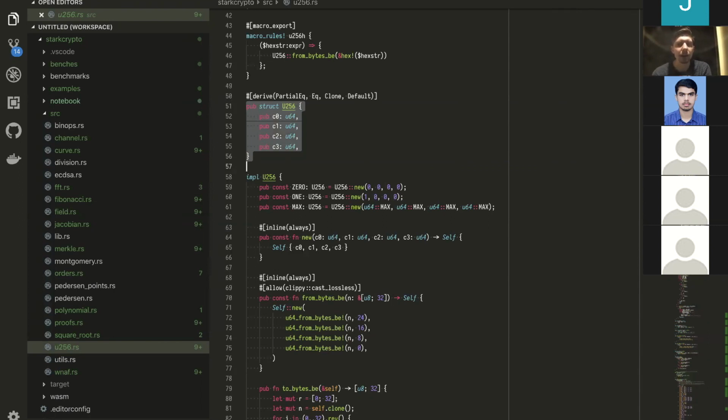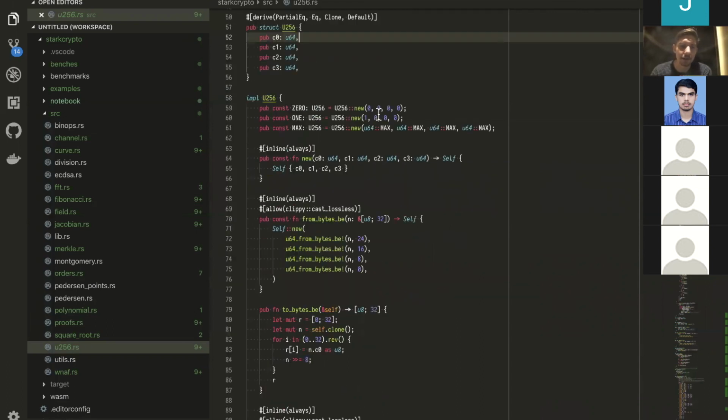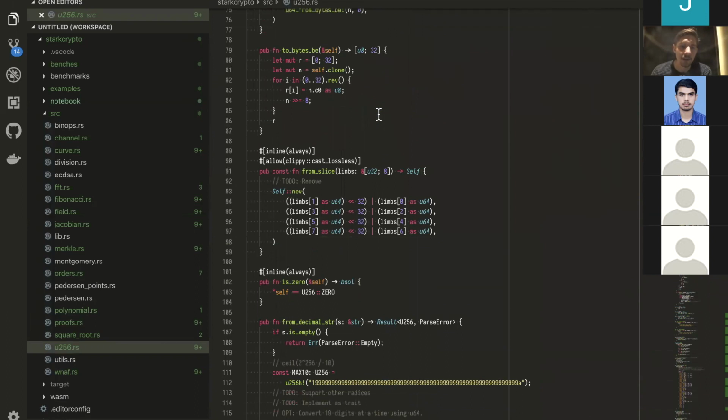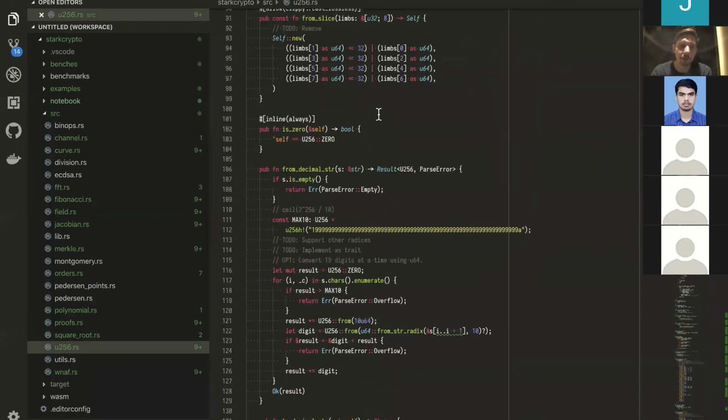GMP also does a similar trick where it actually uses more limbs than necessary. And what you then do is you have these 64-bit limbs, but you only use something like the lowest 52 bits out of them, which means that you have some extra headroom in the limbs themselves. And this gives you an advantage in, for example, addition. Because if you add 2 numbers, you start by adding the